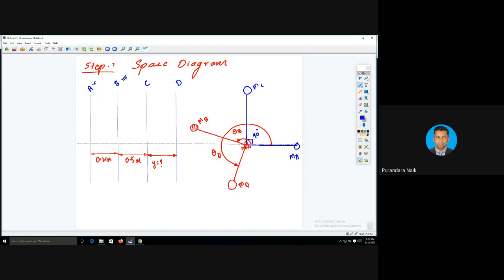Okay, let us see the next also, C. Mass of C is known. Angle of C is also known. You cannot take it as a reference plane because both are known. Next is D. Let us take D. Theta D is unknown and mass of D is known.